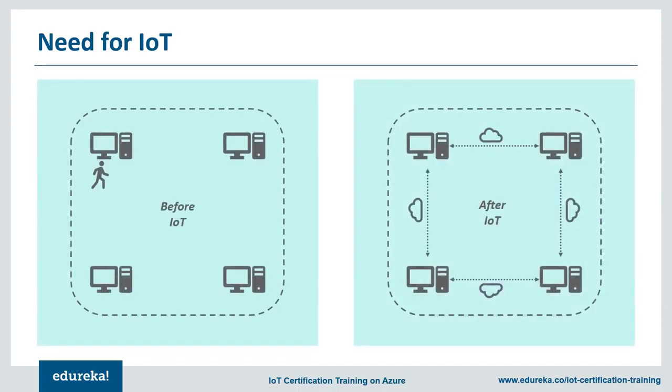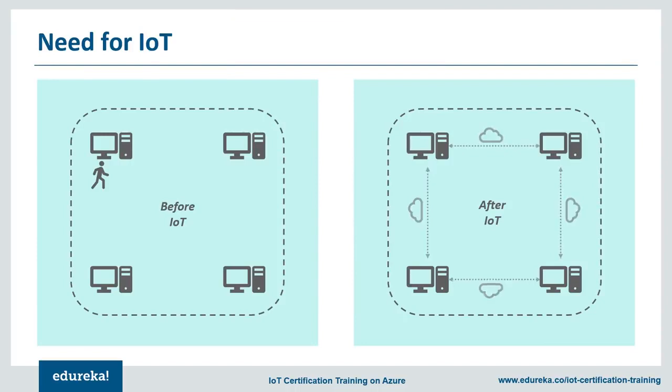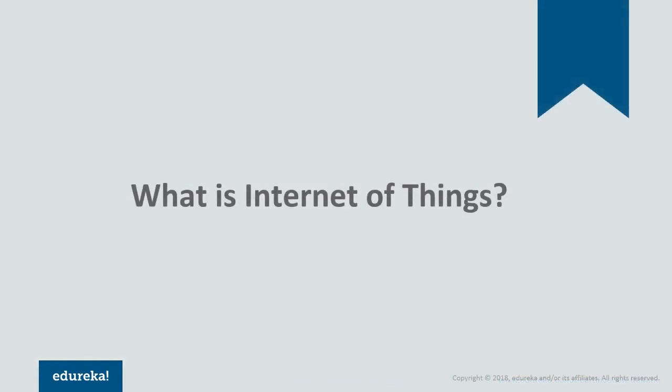The machines here are in continuous touch with each other and could be pre-instructed on what to do and when to do it. Not just that, these machines can even adapt to your needs and modify how they function. I shall be discussing this part in detail later in the session. So let's find out what IoT actually means.